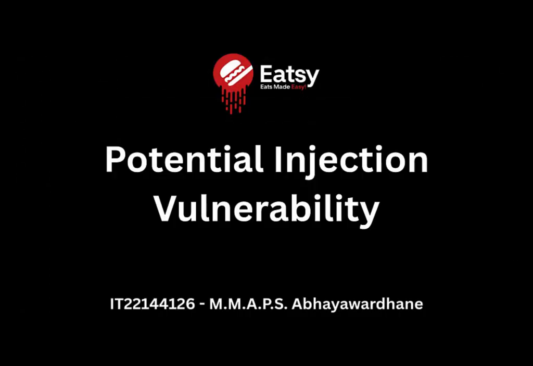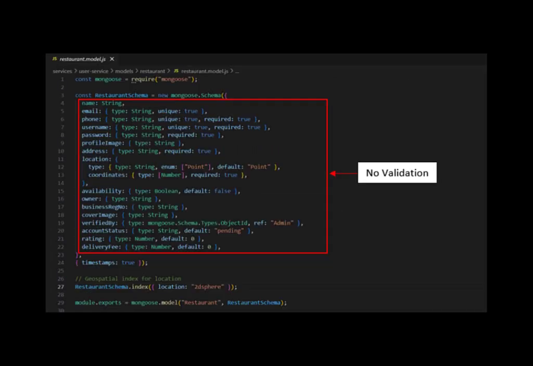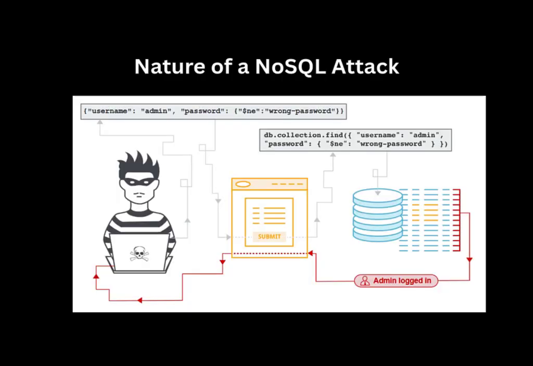In the backend controllers, I discovered a potential NoSQL injection vulnerability because unsanitized user input from req.body and req.params was passed directly into MongoDB queries like find and findById. This could allow attackers to inject malicious operators to bypass authentication, access unauthorized data, or even crash the database with